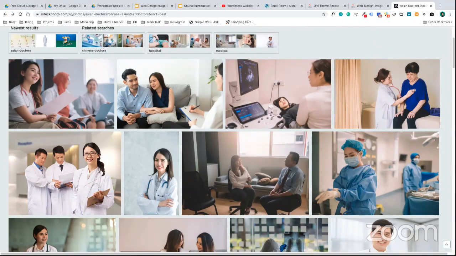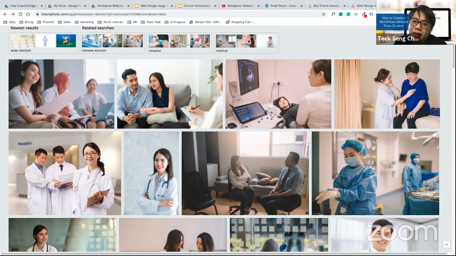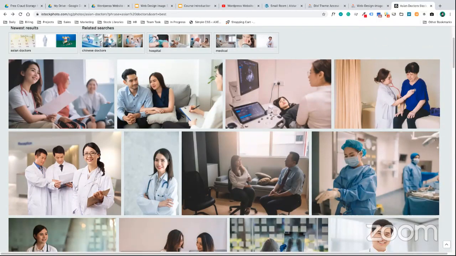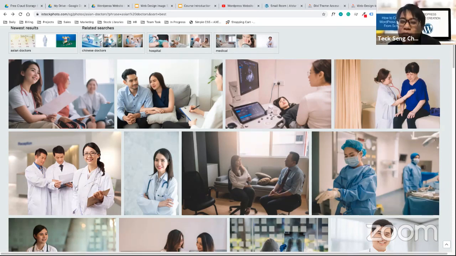So you're saying the images just make your website look better? Yeah, correct. The choice of images will not affect your ranking, but it will affect the trust that you give to your user. For example, if you have a very low resolution photo and you put it out as your website photo, your user might not want to use your website anymore. You get what I mean?